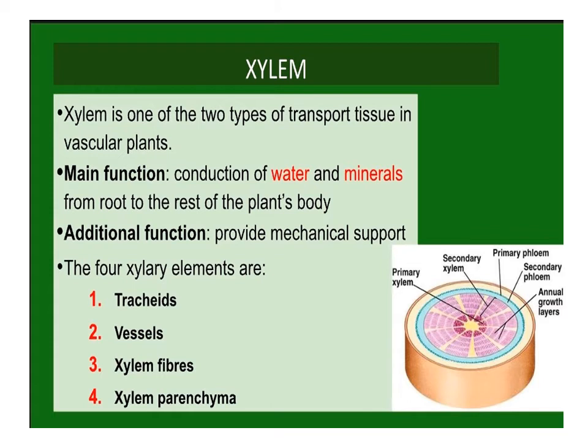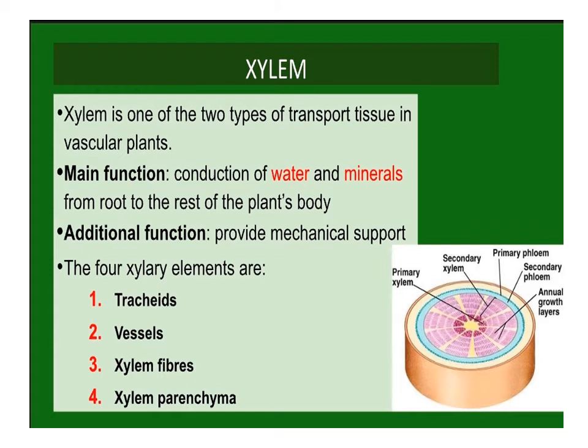Complex tissue. Xylem. The complex tissues are made up of more than one type of cells and these work together as a unit. These tissues are associated with transport of water, mineral substances, nutrients, and organic substances. So it is also called vascular tissues. There are two types of complex tissue, xylem tissue and phloem tissue.